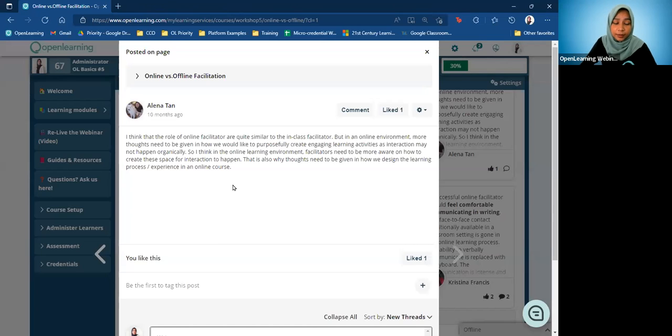Okay, so I agree with how Elena sees an online facilitator should be, where the facilitators need to be more aware of how to create the spaces for interaction to happen. Because for an online course, we usually think, even if we are doing it currently, like a webinar like this, a lot of people feel like the interaction is not there. They cannot speak their thoughts, or they cannot understand more about